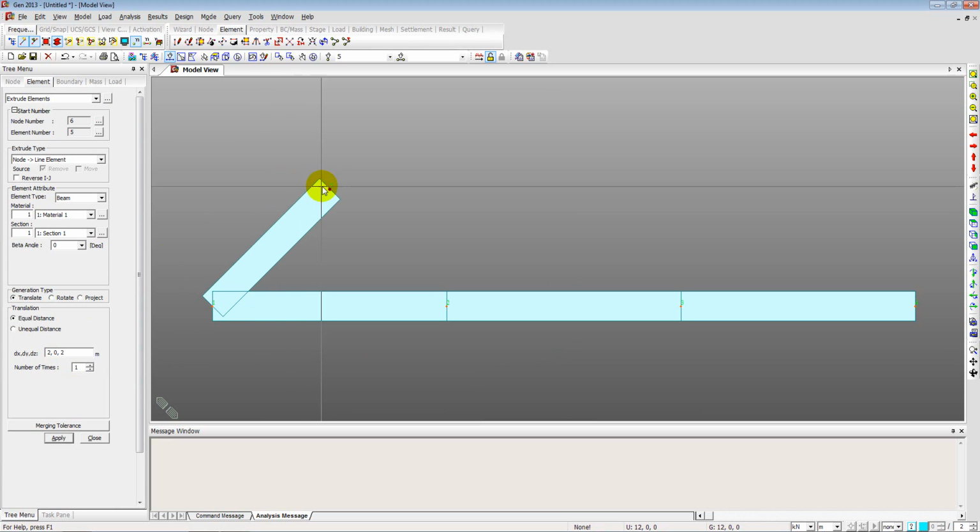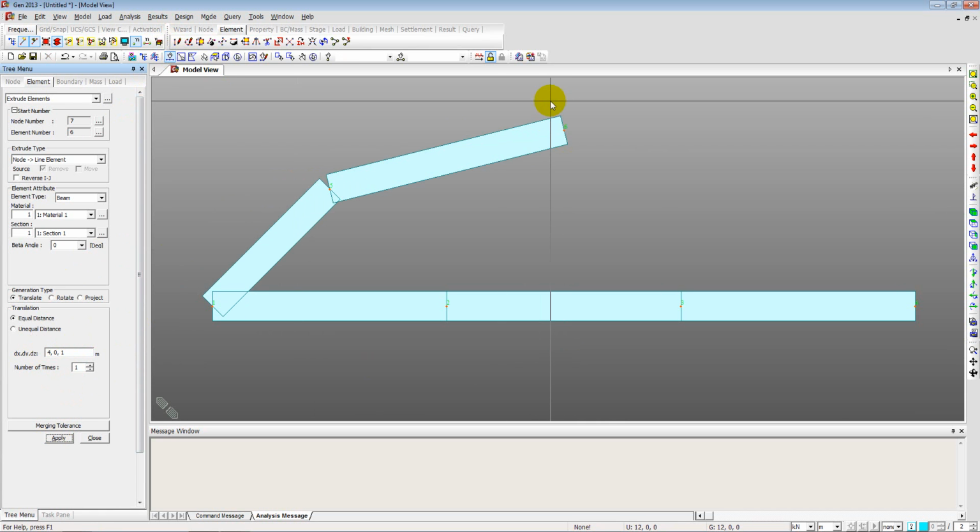So we have selected this node and we type in x 4, y 0, and z is 1 meter, and click apply. Okay, next, we again select this node and this time we type in 4, 0, -1,